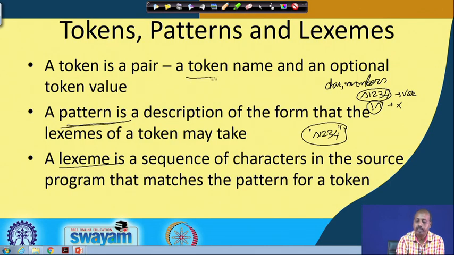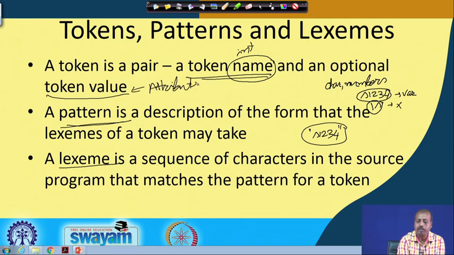This token name is often taken as an integer, and there can be an optional token value, which is often called an attribute also. So, each token has a name and a value or attribute. The compiler designer may give that variable the corresponding number, say 45.